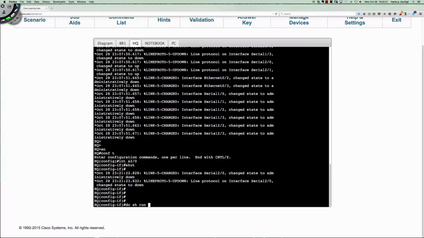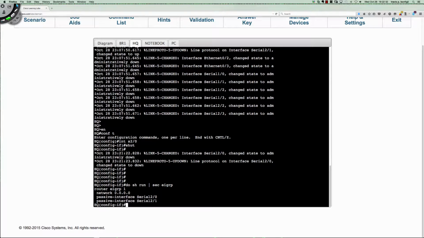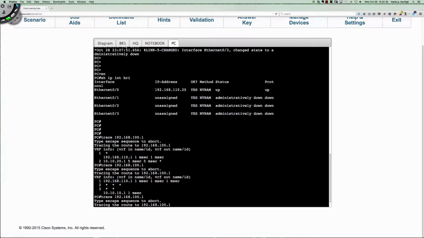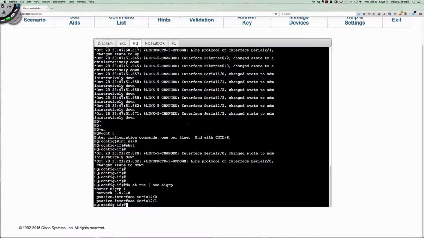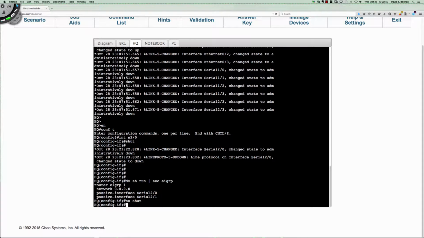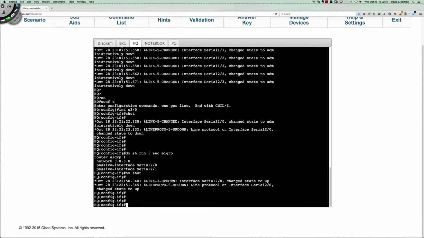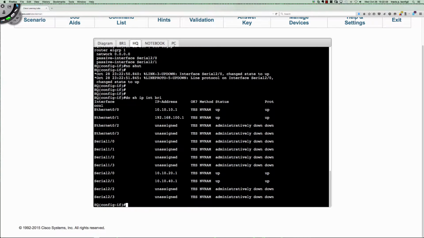Let's say show run section EIGRP. And it is, EIGRP is running there. So a better interface to have shut down. Let's see where we ended up here. So this may have auto-magically rerouted, and it did. So a better interface to have shut down, so I'll say no shut, would actually be that 192.168.100.1. So if I were to say show IP interface brief, and let's come over to the PC here,